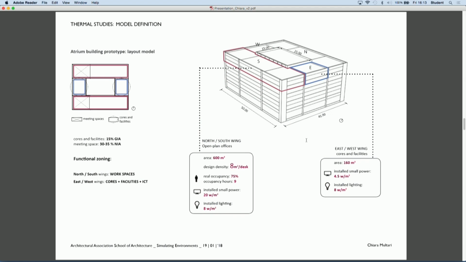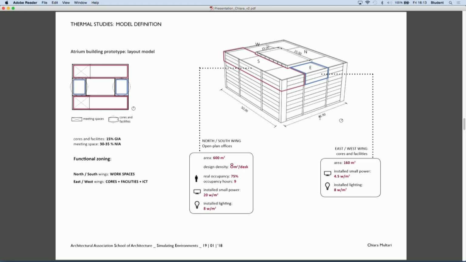The second part of my studies related to thermal performance, and as you can see, from the info boxes, all the values regarding internal loads and design density were set quite high in order to test the building under stress condition.